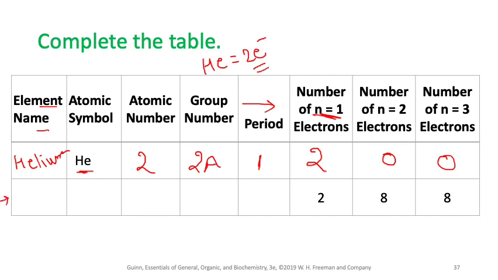So nothing is given, but what is given over here? The number of electrons for each energy level is given for that particular element. Let's see how many electrons. Energy level 1 has 2 electrons, the second has 8, the third has 8. So how many total electrons do you have together for this particular element? 8 plus 8, 16, plus 2, 18. So the atomic number should be 18